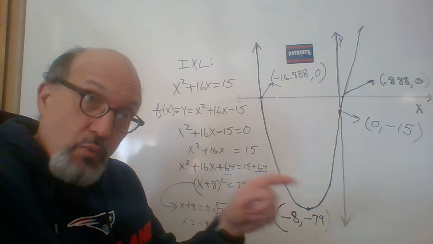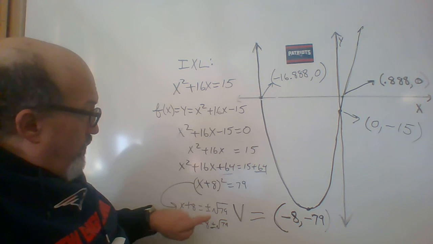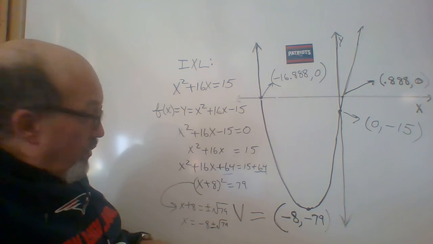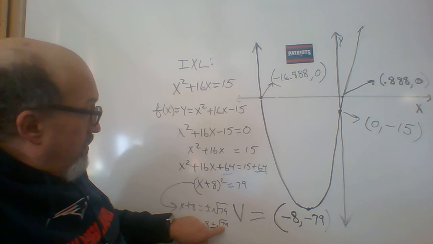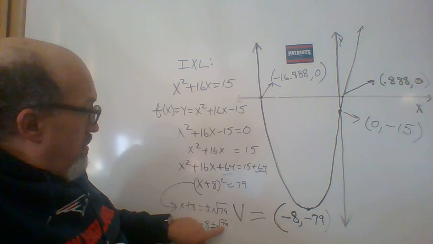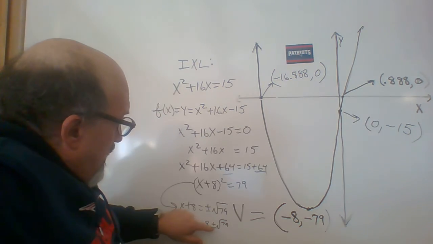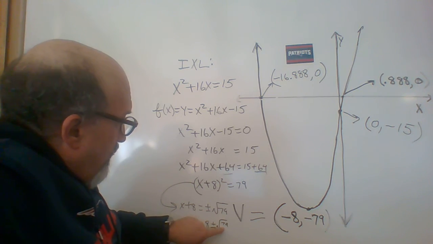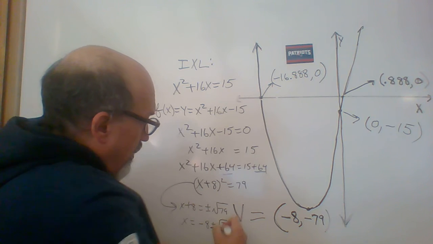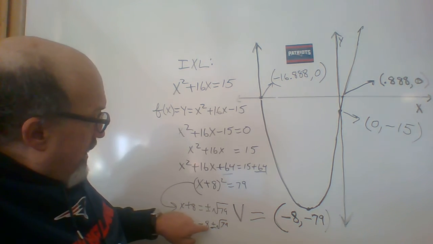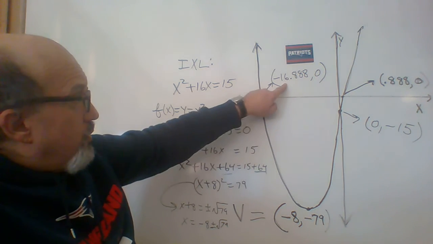The square root of 81 is 9, the square root of 79 is a little less. And if you take an approximation for the square root of 79 and do -8 plus that, you're going to get the 0.888. -8 plus the square root of 79 is approximately 0.888. You should confirm that for yourself with a calculator. And then when you do -8 minus the square root of 79, you'll get this one,